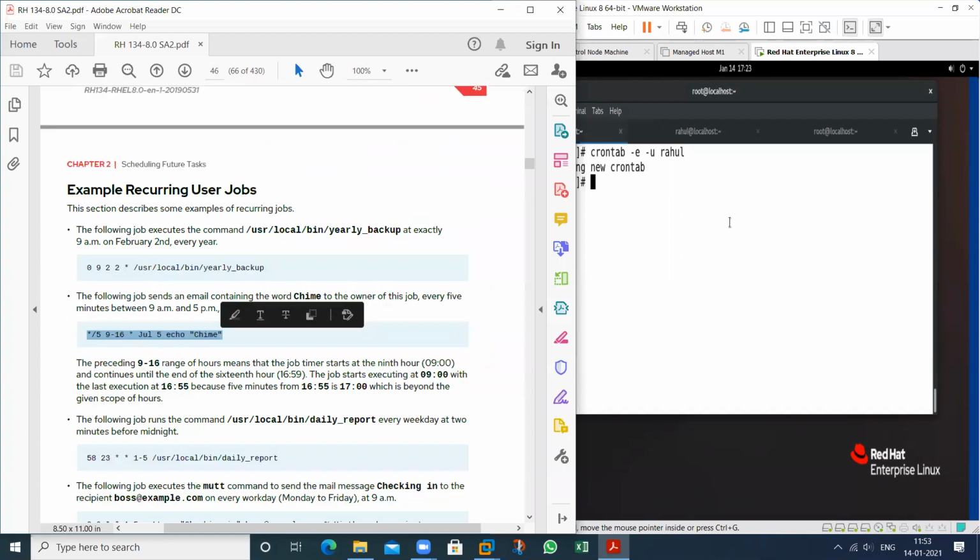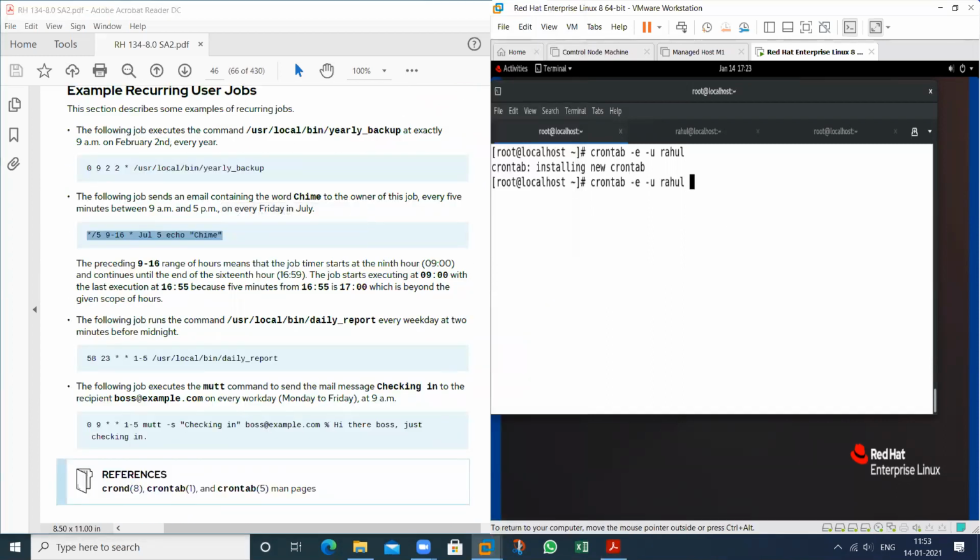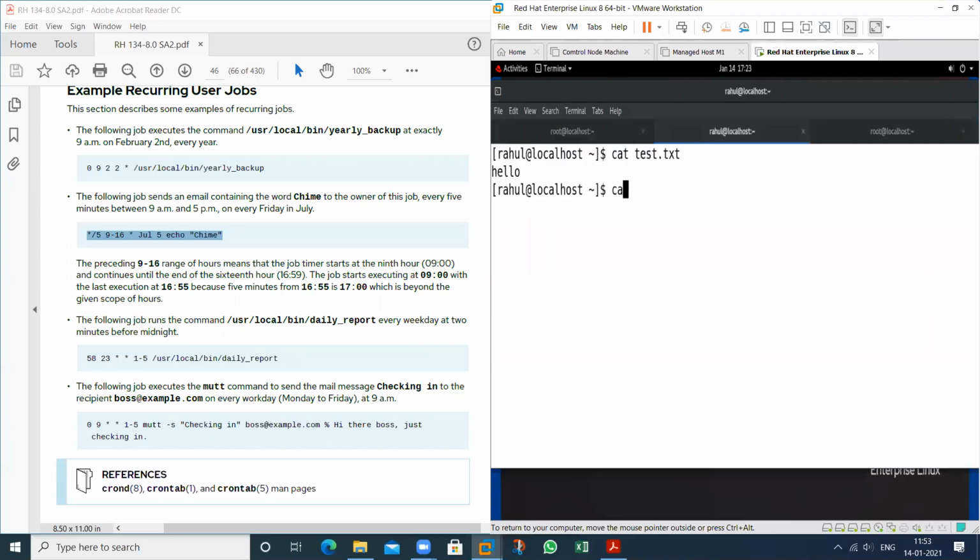You can also use it like this. Suppose we want to assign a task every minute, every 2 minutes. After 2 minutes, it will print the message. After 7 minutes, do this particular task.